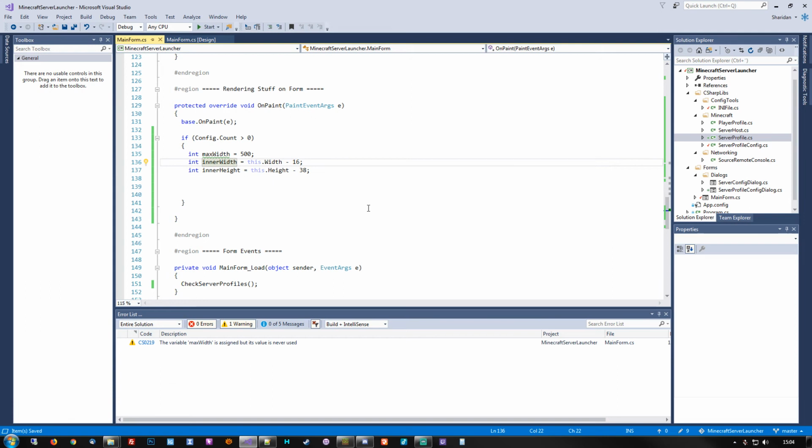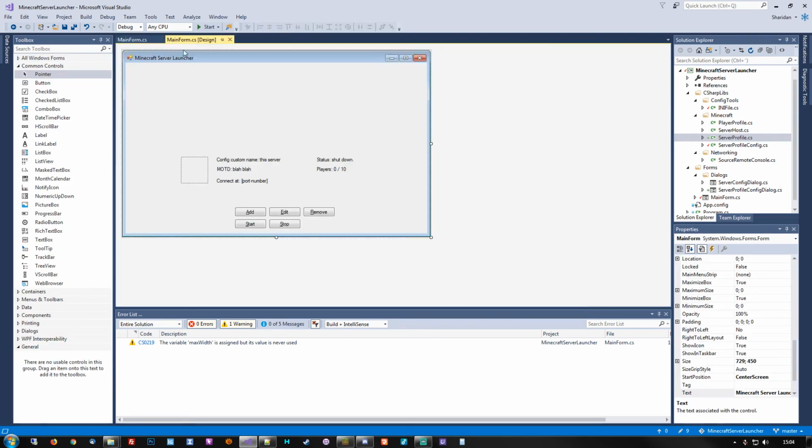One thing that we do have as a problem right now is the inner height. The reason we have a problem here is because we have these buttons at the bottom of the form, so we need to figure out how much space they take up. One way we can do that is by examining the size of an individual button. Each button has a height of 23. Since there are two buttons stacked on top of each other, we need to at least set aside twice that